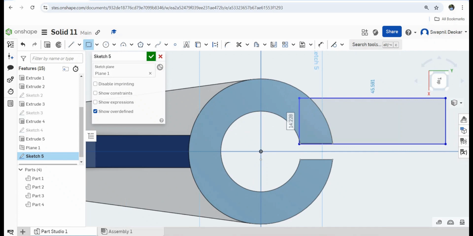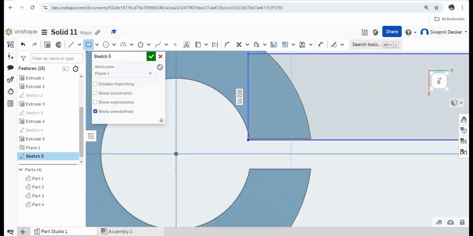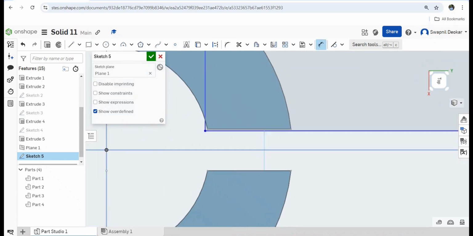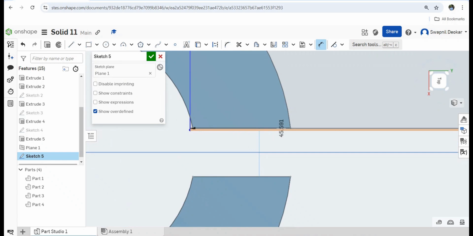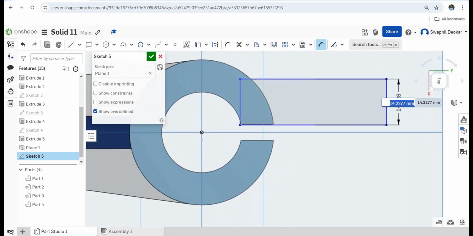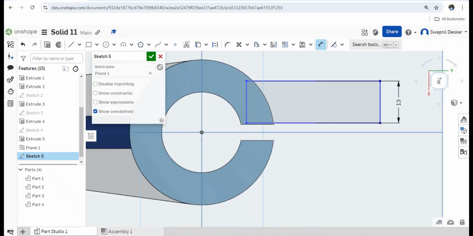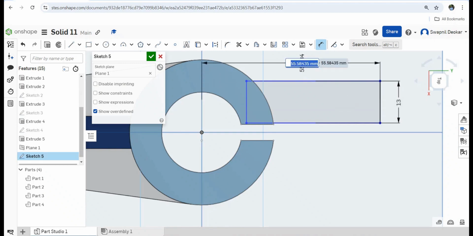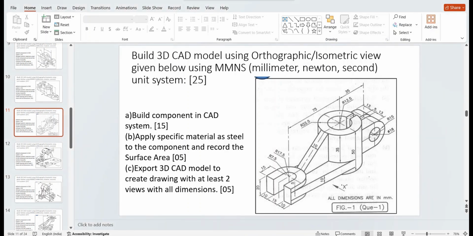Okay, so we have to draw the connected surface. It will be easy for us to draw the next things. So I'm going to draw the dimensions from this edge to this edge. The dimension is 13 mm. Okay, and from this center to this. So let's take this dimension is 13 mm from center to this. This is 35 plus